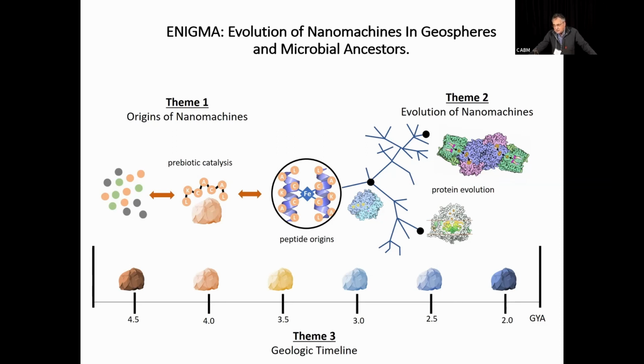Theme 2, which is led by Jana Bromberg, who should be here in a few minutes, is looking at the evolution of these structures using a variety of techniques, but it's bioinformatics, to be honest with you. That's what she does. And bioinformatics uses both structure and sequence to inform us about which metabolic pathways came first, second, third, fourth, and so on.